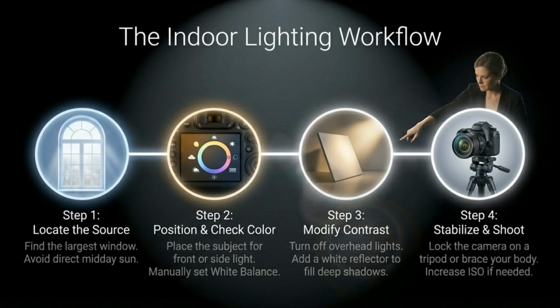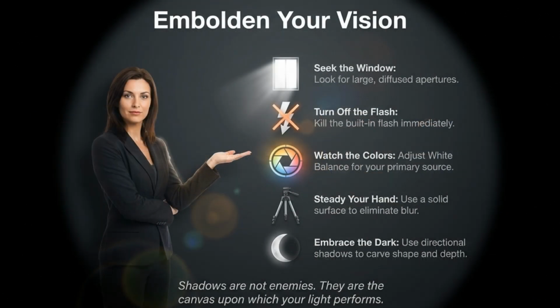The indoor lighting workflow involves 4 steps. Locate the largest source, position the subject and check color, modify contrast with reflectors, and finally, stabilize the camera and shoot. To embolden your vision, seek the window, turn off the flash, adjust your white balance, steady your hand, and